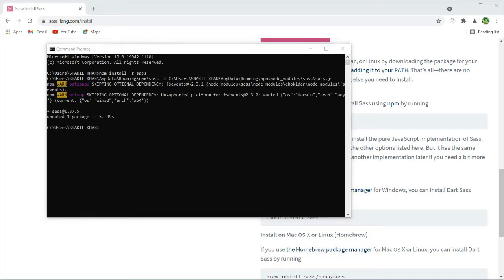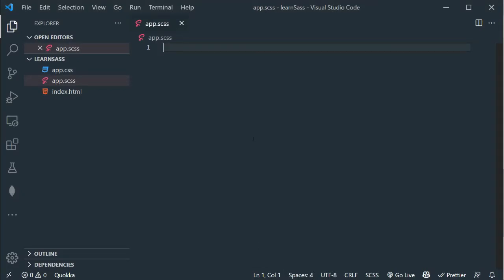Now go to VS Code. Now I want to compile some basic SaaS or SCSS code to vanilla CSS. So go to the app.scss file. Now let me add $red colon red. Now friends, don't worry about this code.